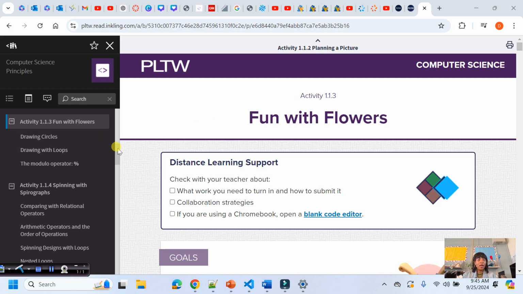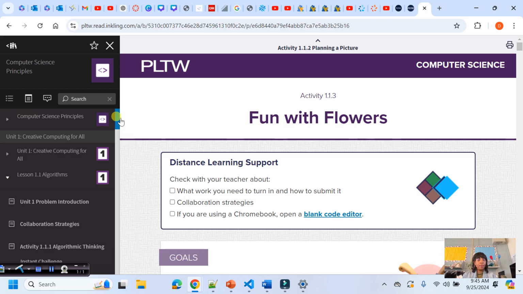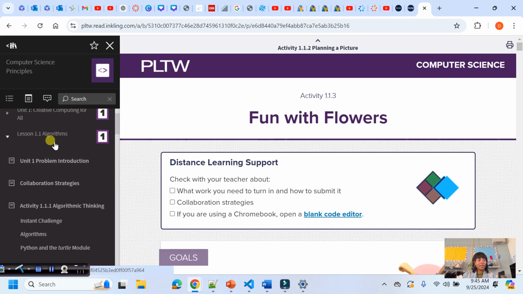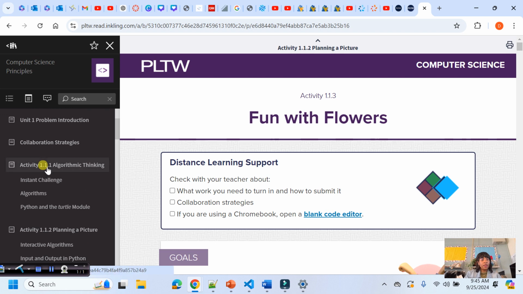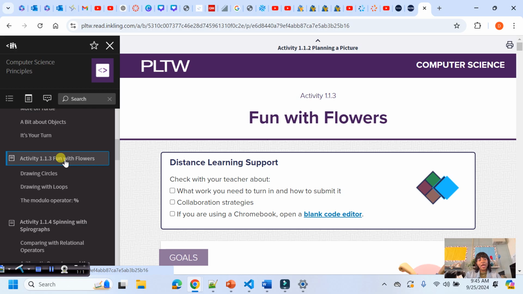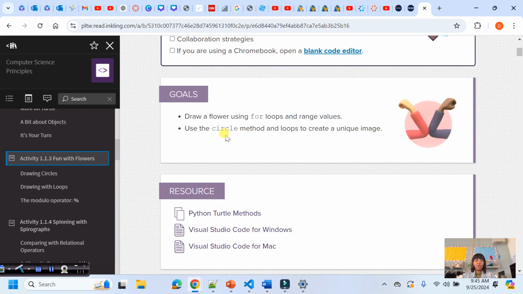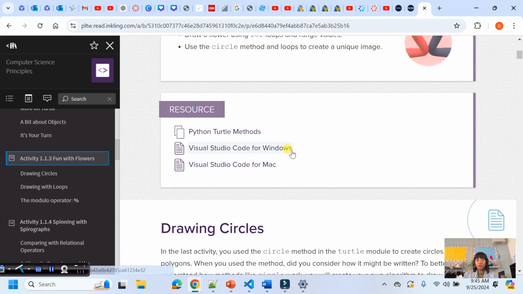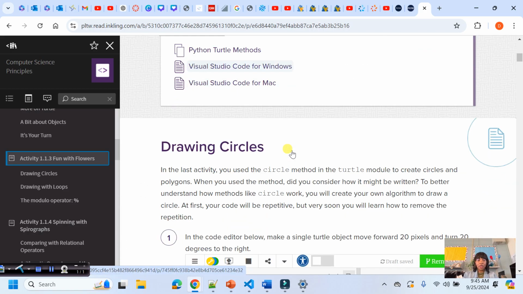Let's get started. I am using the Project Lead the Way application platform, so I don't own the rights to this, but I can use it. I'm actually certified to use this. So we are in lesson 1.1, activity 1.1.3, fun with flowers. The goal of this lesson is to draw a flower using for loops and range values, and we're going to use the circle method to create a unique